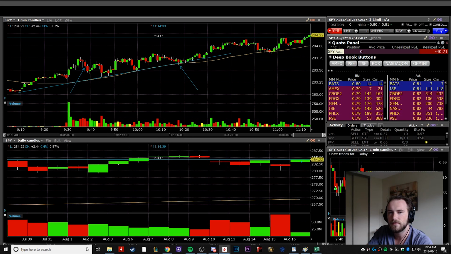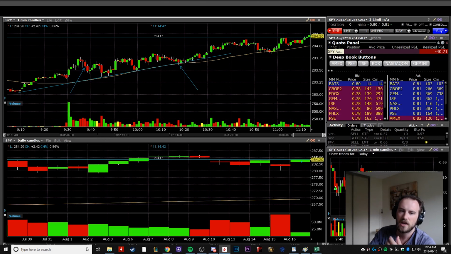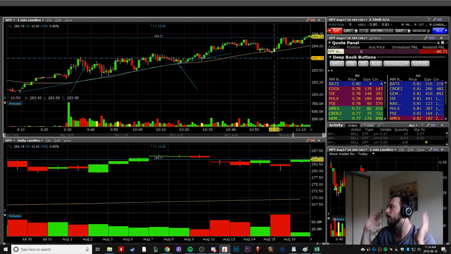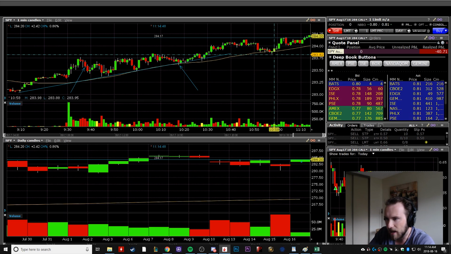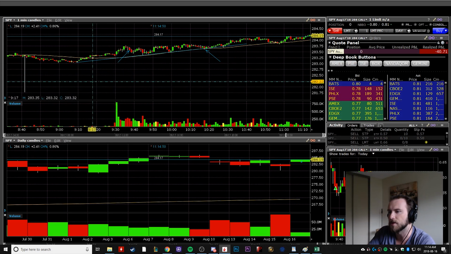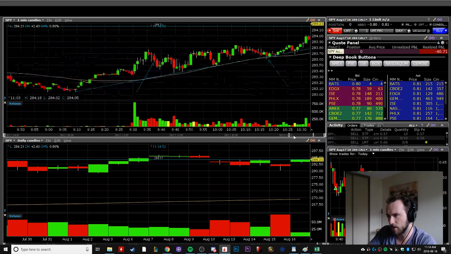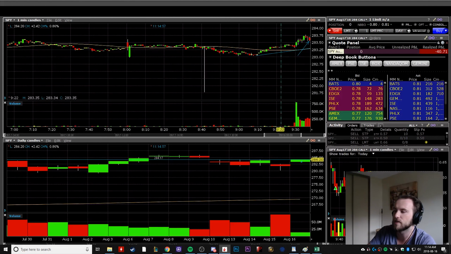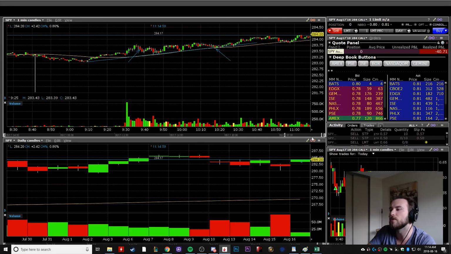Normally this would be like a minus couple hundred day because I got upset and I overtraded this, but I said no, I screwed up. I'm going to analyze it and I'm going to fix it. So again, my mistake was using a level of resistance as a level of support. Otherwise, it was a beautiful trade.